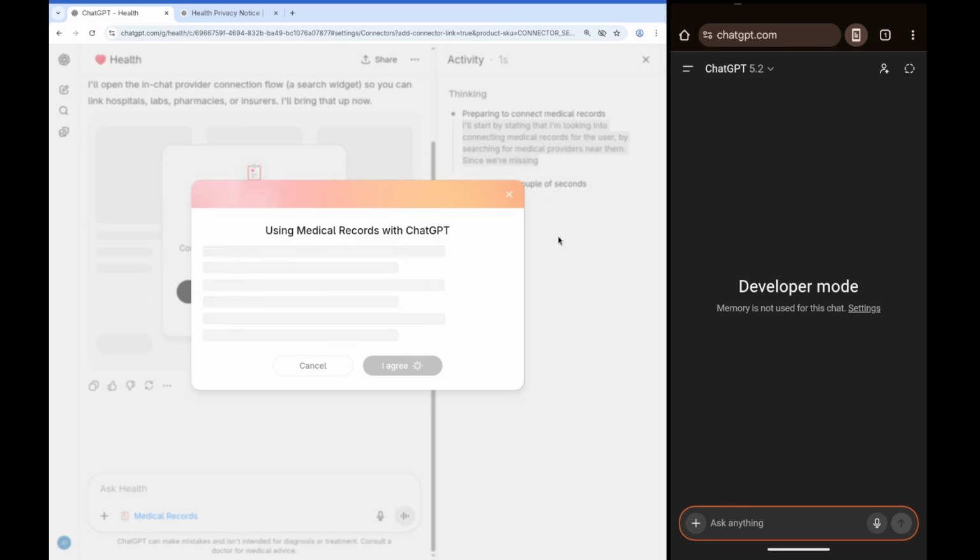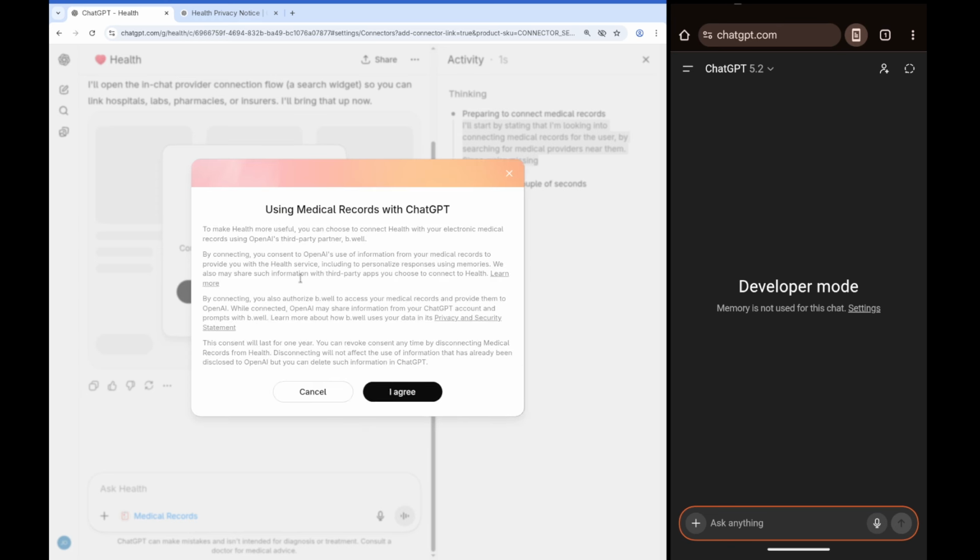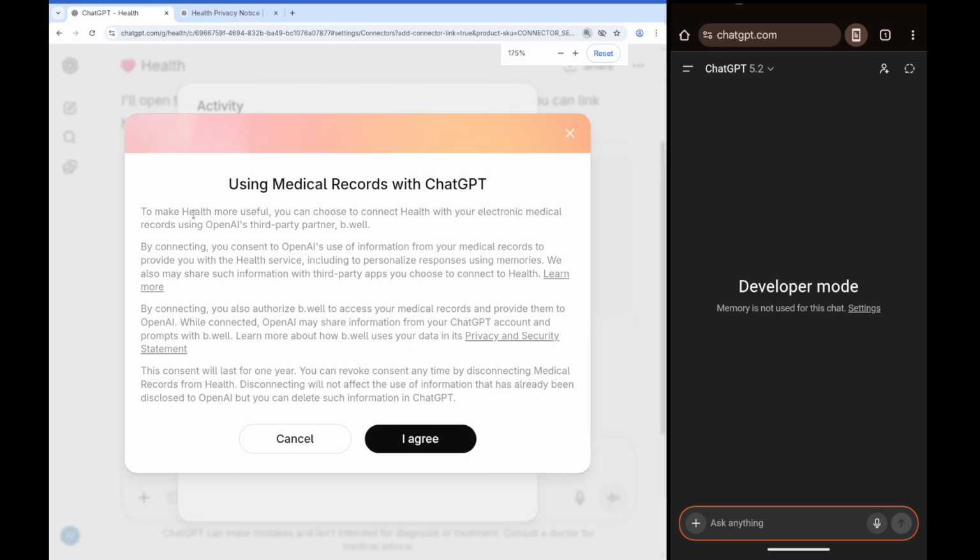And now there's this sort of modal pop-up, which is still loading. To make health more useful, you can choose to connect health with your EHR using a third-party provider, BeWell. That's exactly what I want to try out. I'm going to authorize BeWell to access my medical records and provide them to OpenAI. I hope I'll get my own copy of them as well. I'm thinking BeWell might offer them directly to me to download, and